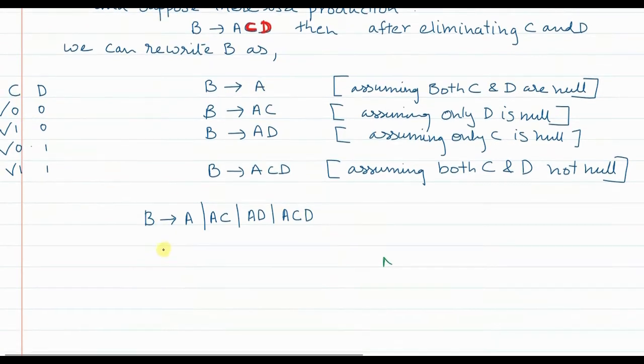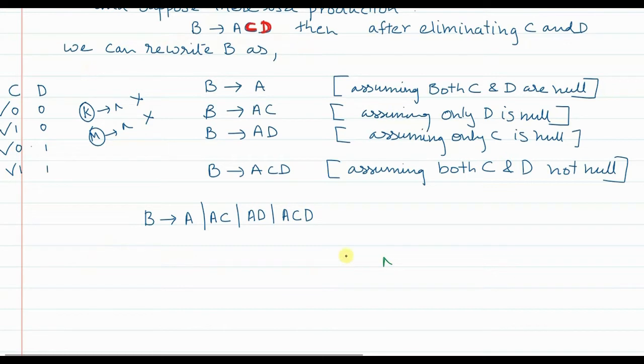Whereas suppose we have in the grammar productions, for example, K gives null or M gives null. Such productions you will have to eliminate, you will have to remove them. And wherever K and M, these nullable variables, are present, in whichever production nullable variables are present, those productions will have to be written in this particular way.